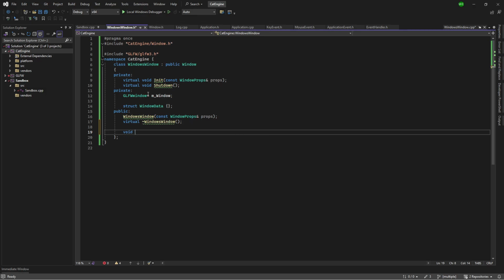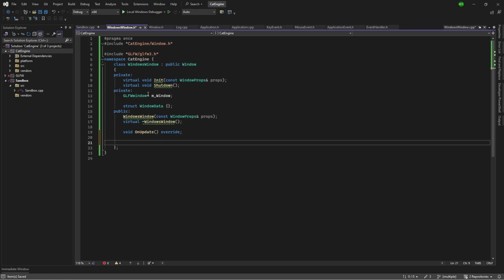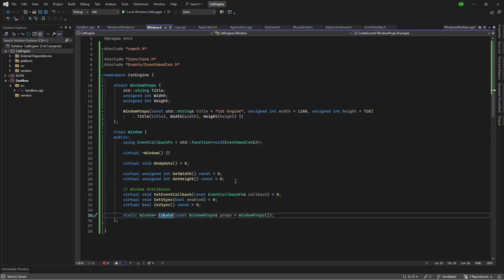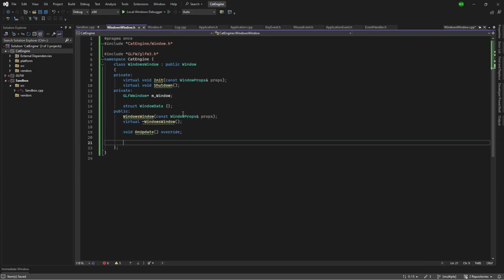So on update. And this will just be an override. So I could basically just take these, paste them here, and just set these to override,